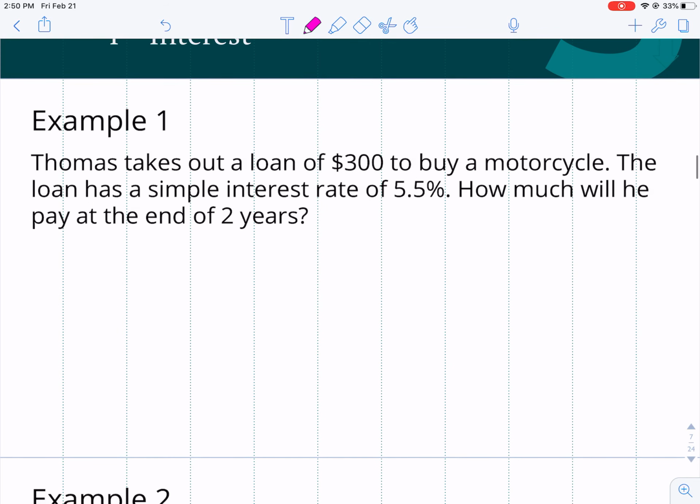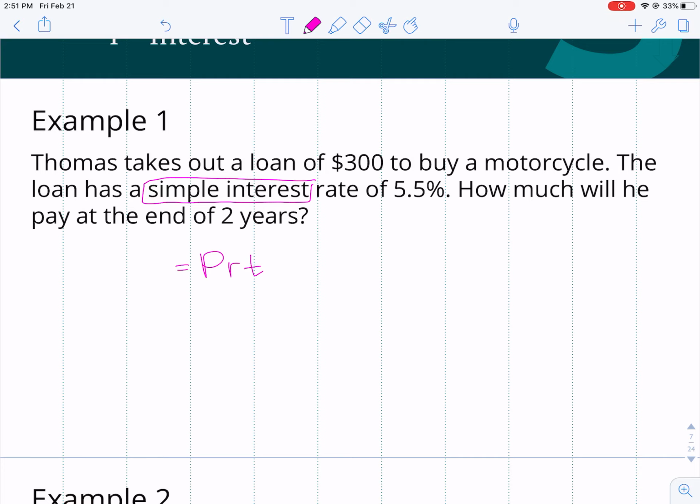Example number 1. Thomas takes out a loan of $300 to buy a motorcycle. The loan has a simple interest rate of 5.5%. How much will he pay at the end of 2 years? So you have to figure out what formula you have to use for this, and because it says simple interest, we know that it's going to be